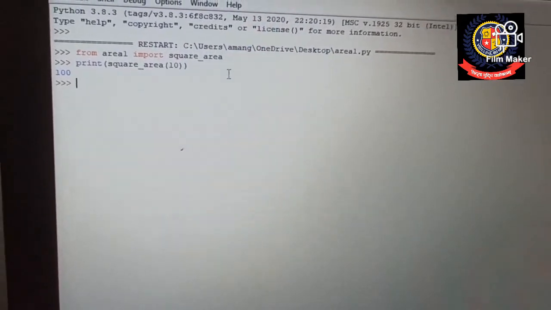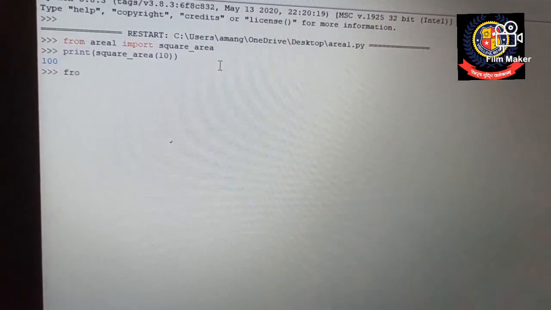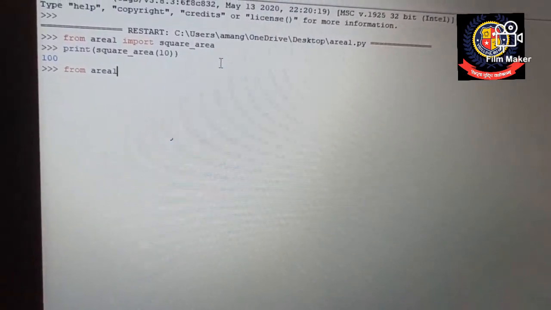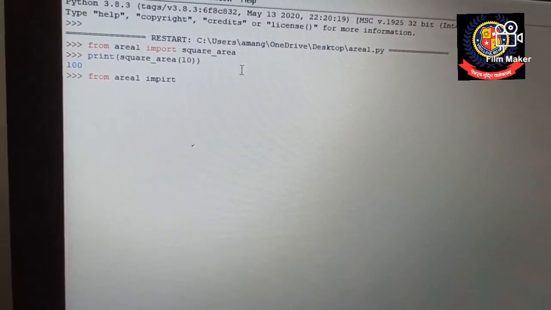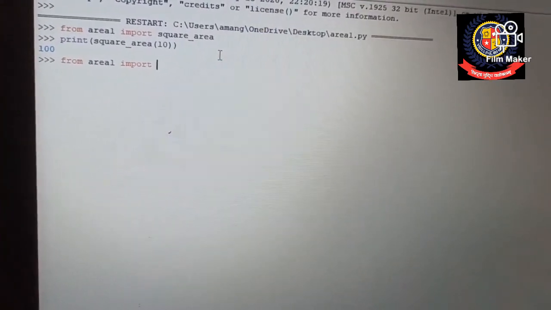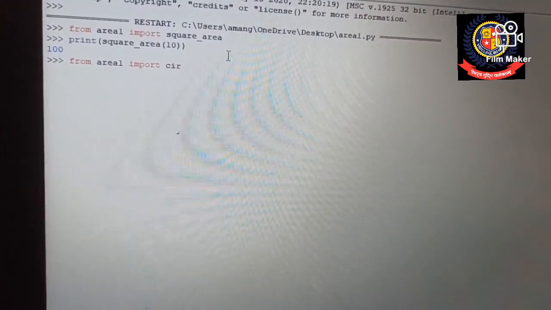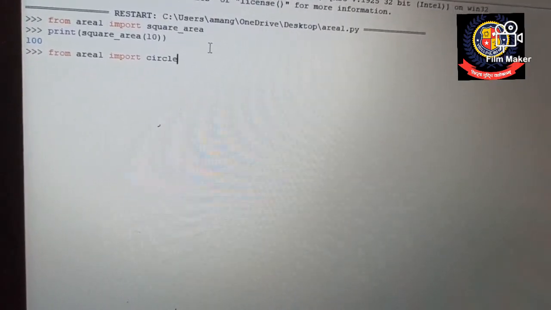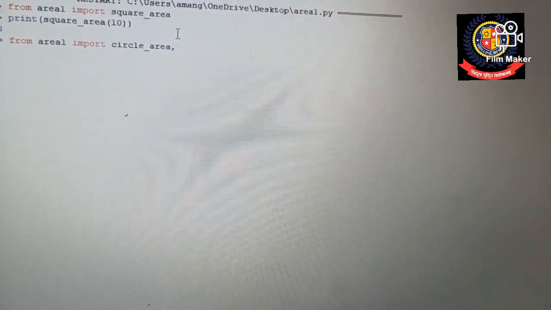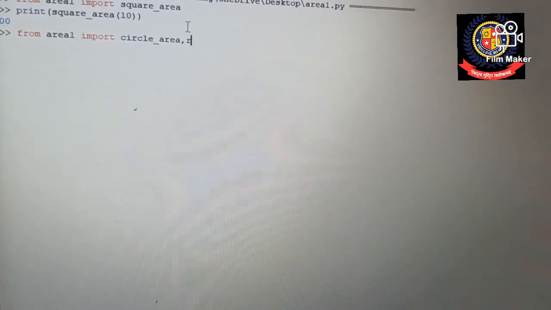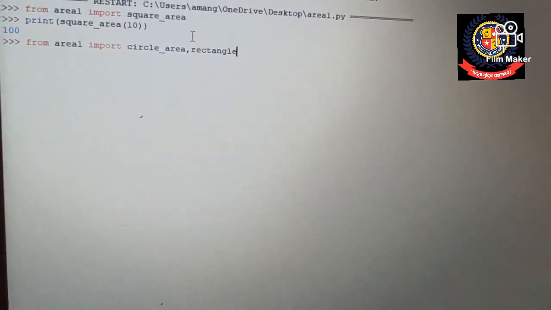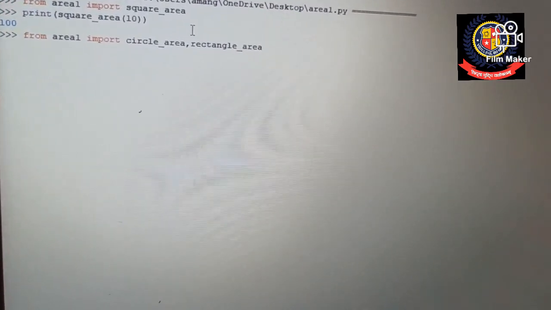Now if I want to access multiple objects, in that case from area1 import circle_area, then comma, rectangle_area.